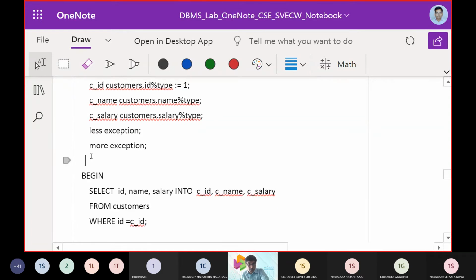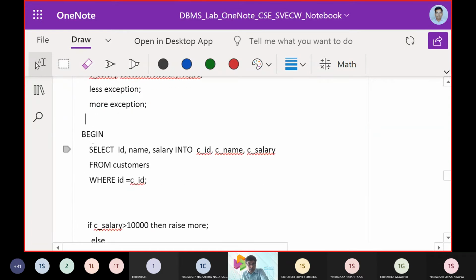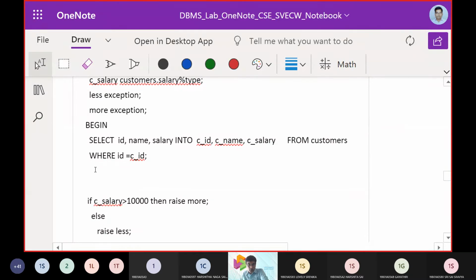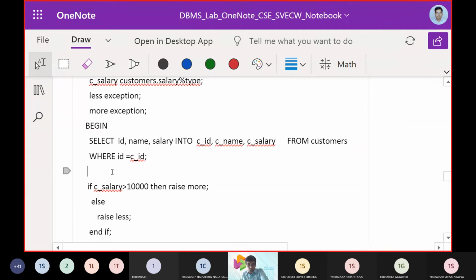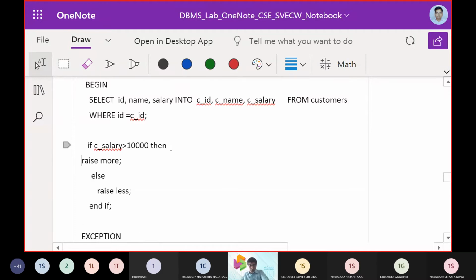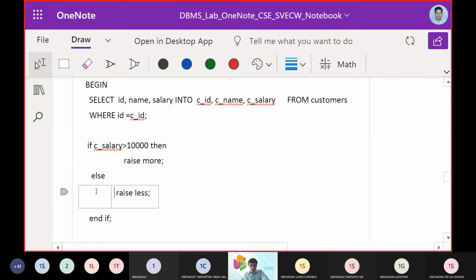Then we defined two exceptions, one as less, another as more. Then we are bringing up the DML commands with select with two clauses, from and where. Then we check the condition of whether the salary is greater than 1000. If it is greater than 1000, then we need to raise the exception. Otherwise, we have to work